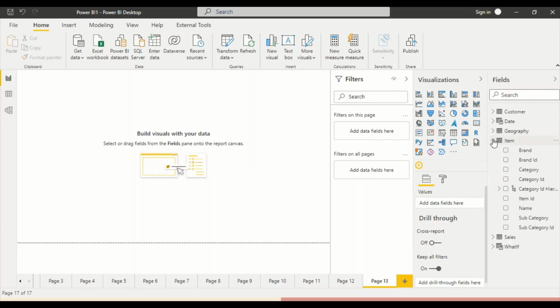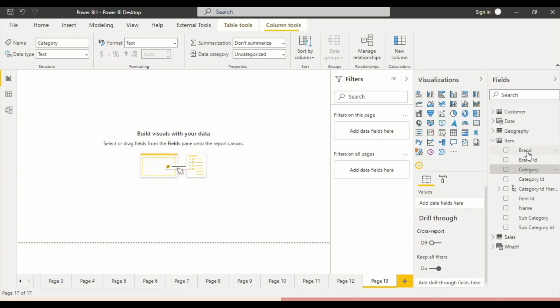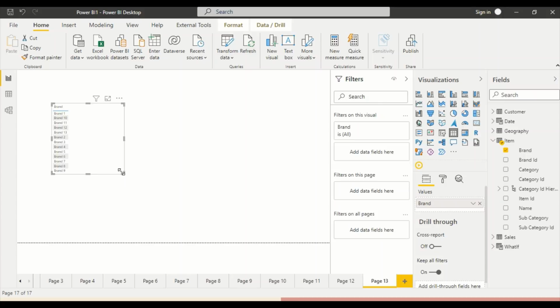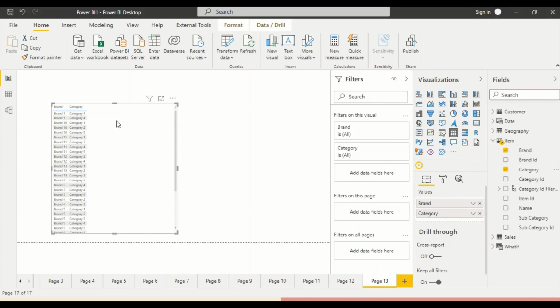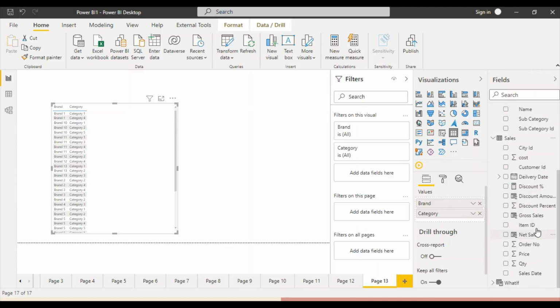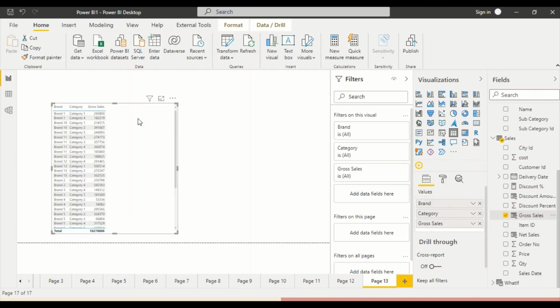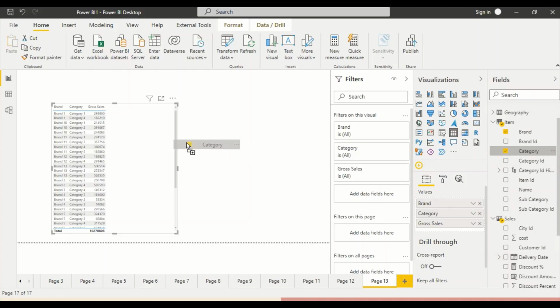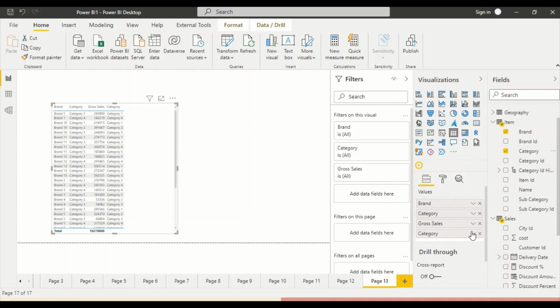So what I'm going to do here is I go to item and I bring in brand. And then I bring in category also. So you can repeat it. Now a few things you have to remember here also. In Power BI, let's say we bring in gross also, and I want to bring gross or something like that. The reason I want to bring that is this. Now let me bring the category again, and let me do now count of the category. So I just want to understand what count I'm getting.